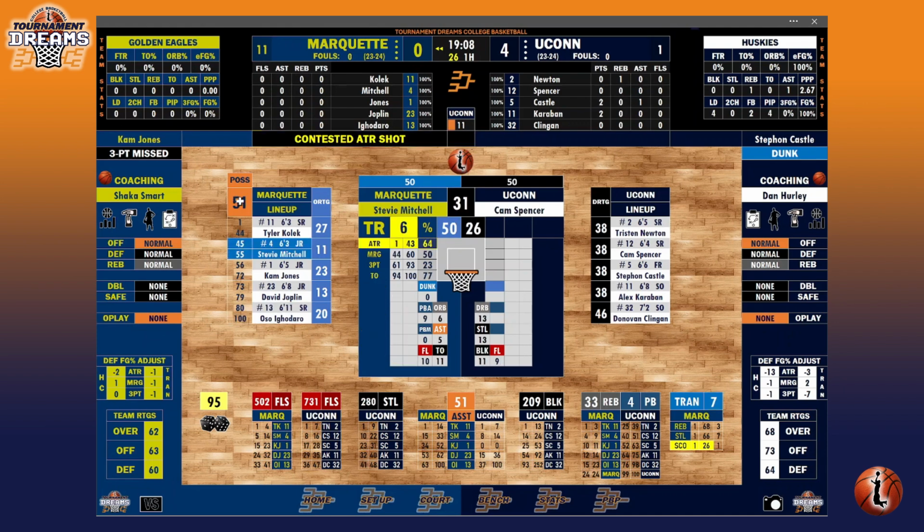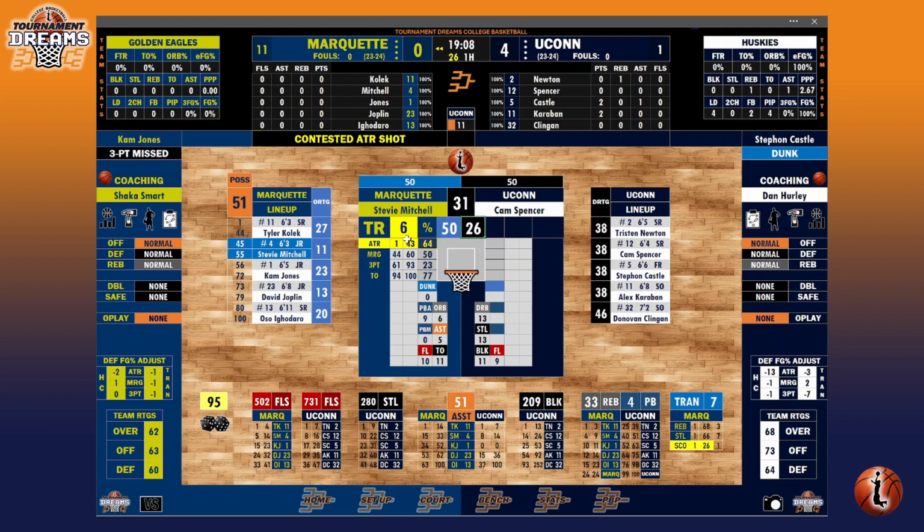We have 51 for the possession, so Kolek pushed it ahead to Stevie Mitchell. Stevie Mitchell has the basketball. You can see his card here. Now, in transition opportunities, we don't just have to have the roll be a blue and 50 or less for Marquette to make a play. There's a possibility if it's black in a transition situation that the offensive team can still make a play, but it will be a forced contested play by the defense. And the way that we will know that is if this is a black roll, but that number is higher than UConn's transition defensive rating, then Marquette will still get a shot off, but it'll be the shot forced by